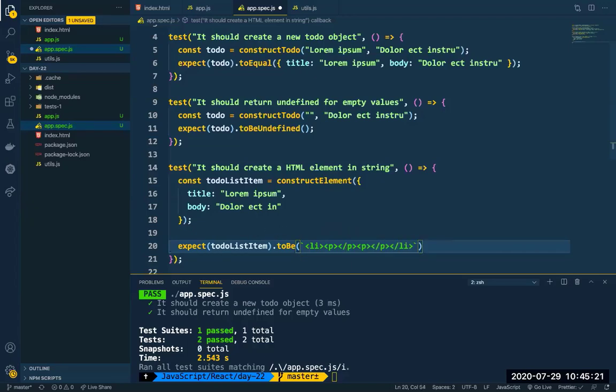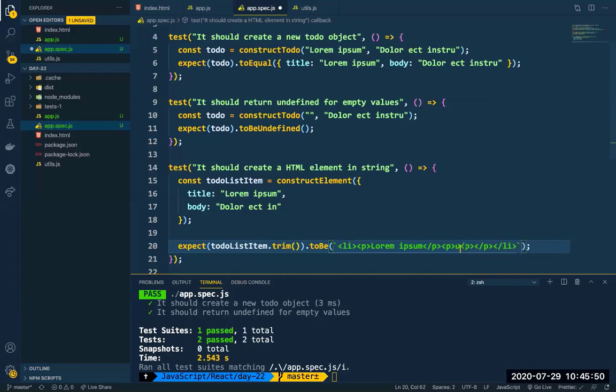Let me use the trim method here so that I don't have to worry about the extra spaces. Okay, so no, I should not use that here. I should use expect to-do trim to be this one. Okay, fine. So I have to make sure that lorem ipsum is being stored inside one paragraph tag and